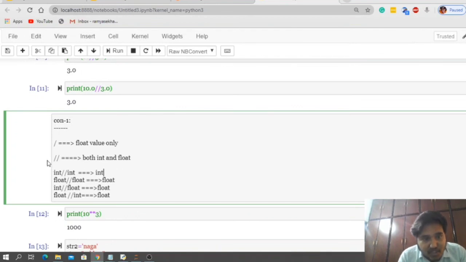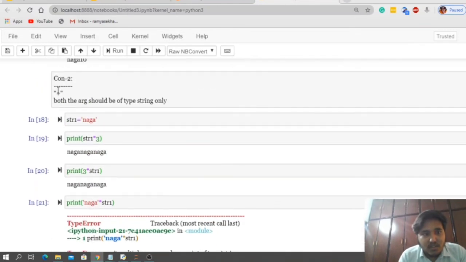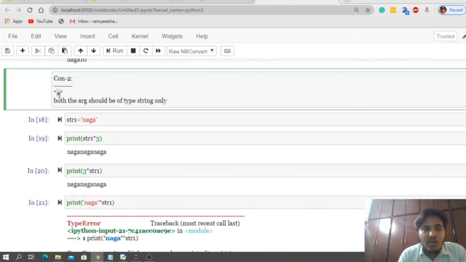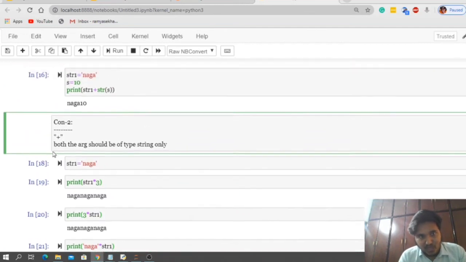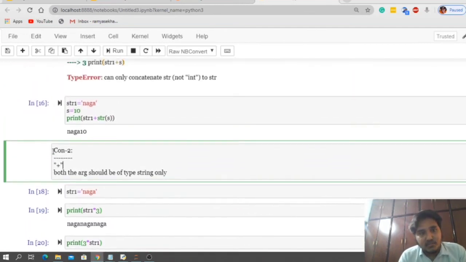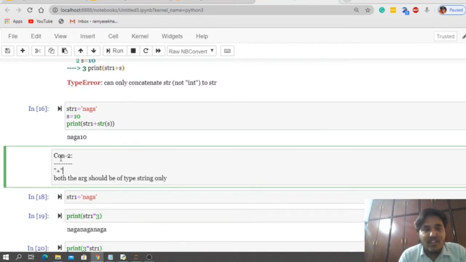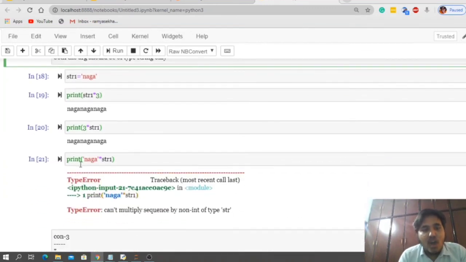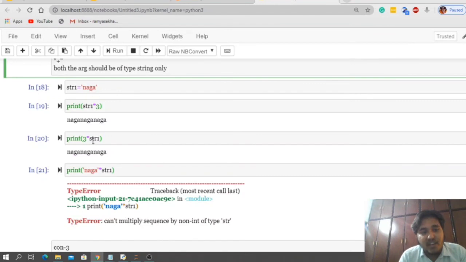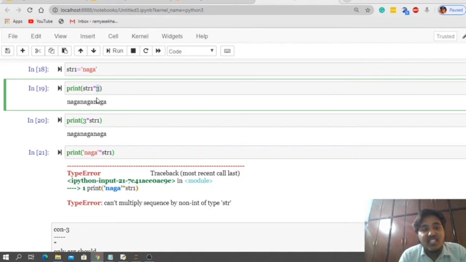These are the four cases. This is conclusion number 1, this is conclusion number 2. Now let us go to the third conclusion. We are performing arithmetic operators on string data. If you want to add two strings, we can, but we cannot add a string with an integer; we will get an error. Concatenation is only possible for string and string. What if you want to do star multiplication on string data? Then at least one parameter should be an integer.